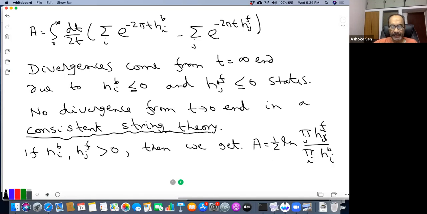You can easily check that this integral over here basically gives you this. So this means that e to the A,